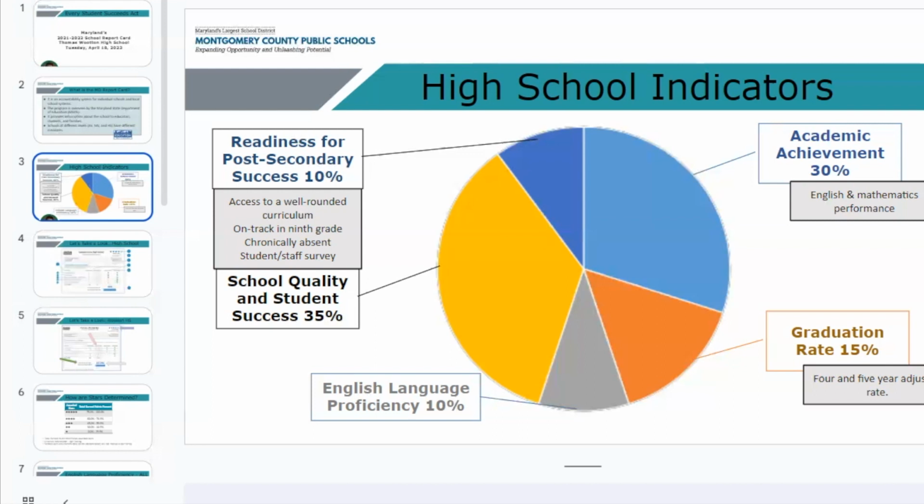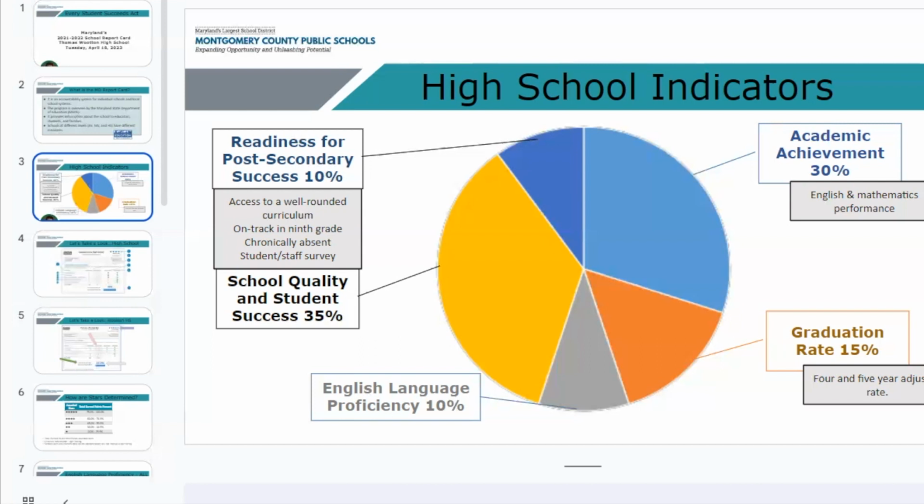Things you're going to find under readiness and school quality include how many students at our school have full access to what the state calls a well-rounded curriculum, right? I'm going to share an example of where schools needed to go in order to meet well-rounded curriculum expectations. The state of Maryland says all students should have technology access. Years ago, that was not necessarily a requirement for 100% of students. So that is an example of where schools had to adjust in order to make sure all of our students have a full, well-rounded curriculum. There are other criteria there, but technology is a good example that highlights what we need to do.